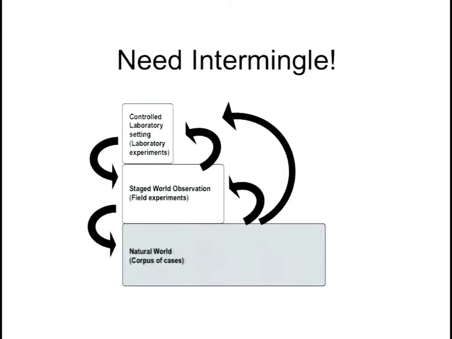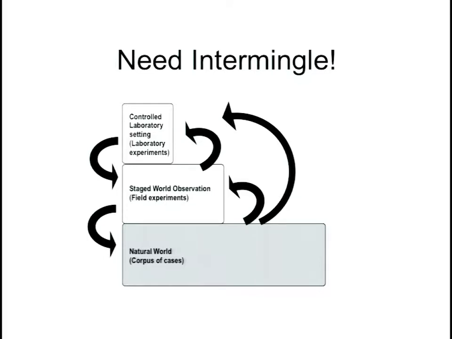And so to me, the solution is not to just keep trying to do it the same way, but to embrace this intermingling. Take whatever we're learning from robots in the real world and start using that to feed back and tell us how we can better construct our experiments, better construct our robots. And likewise, educate us on what more we can do for our quantitative work. And at the same time, things that we're seeing in the lab, are we seeing those effects whenever we do go to a disaster, or as robots become more adopted for law enforcement and for fire rescue? Are we actually seeing that? Can we be on the lookout for that?